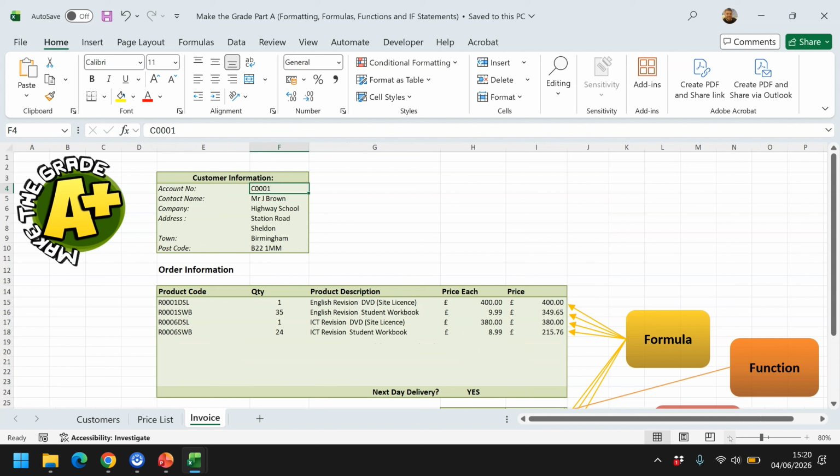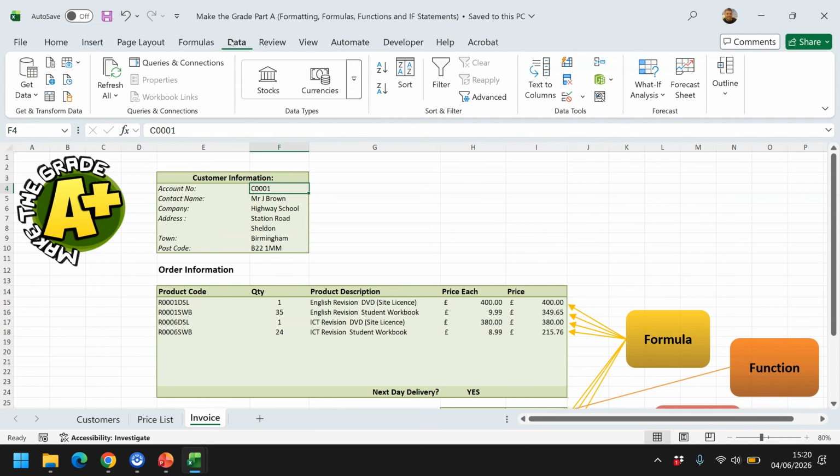So a couple of things I'll show you how to do. I'll show you how to set up the length validation on this one. We'll also do the yes, no lookup on there. And then you can kind of try to work out the prices and quantities if that's something you want to do. So to get to data validation, if I just go to data, and I believe it's this one here,